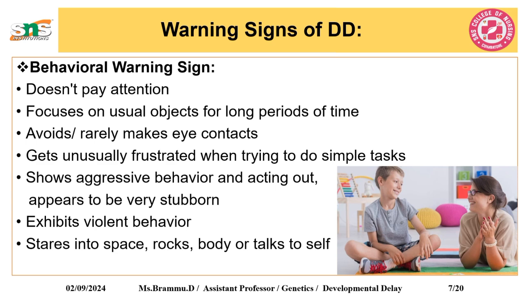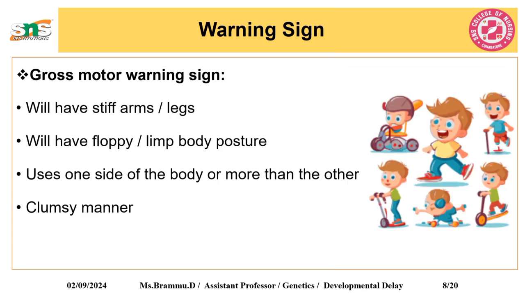They are not able to do simple tasks. They become very aggressive and they show violent behavior as well. So the next warning sign would be the gross motor warning sign, where they'll be exhibiting symptoms related to the arms, legs, and limb